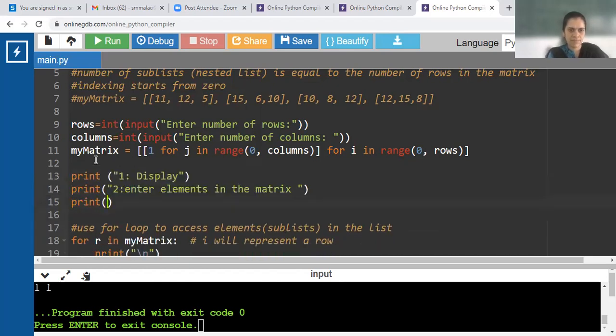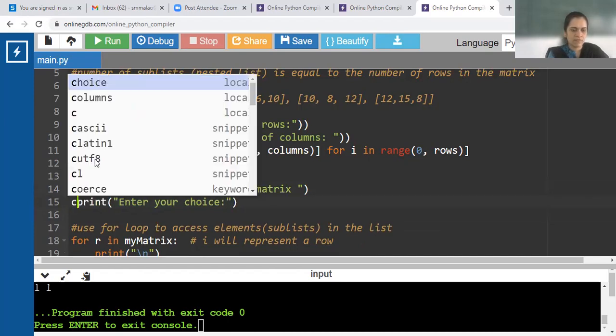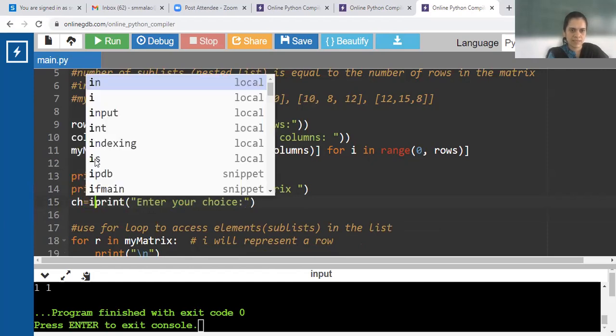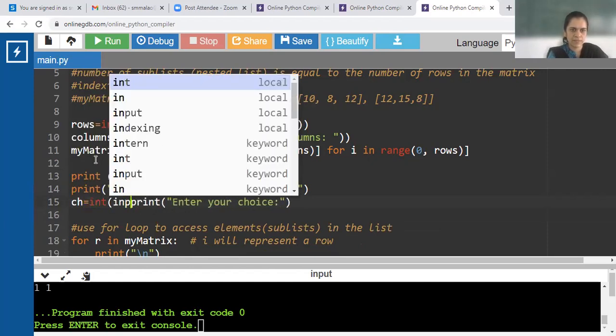Then press 3 to add, or we'll say 3 later. Then enter your choice. So the user will enter either 1, 2 or 3. So it will be ch as input.